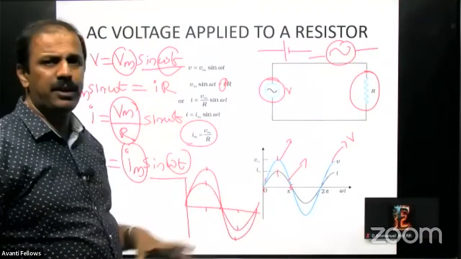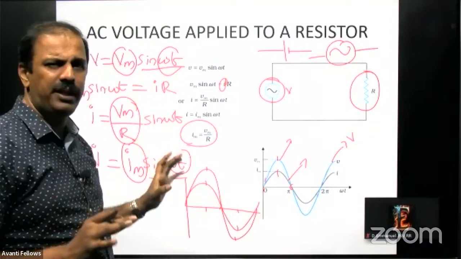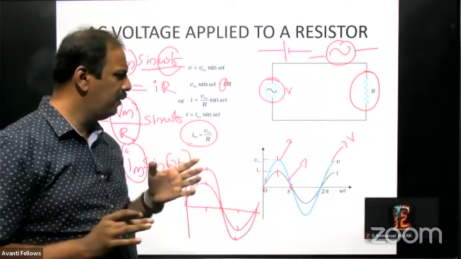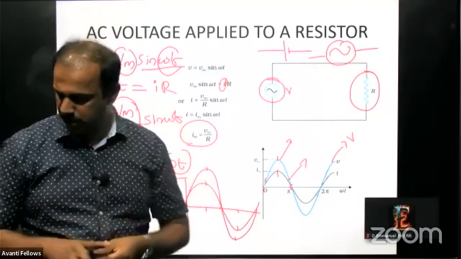So that is in the case of AC voltage applied to the resistor. I think that concept is clear. In a resistor, voltage and current are in phase. There is no phase difference like this. Okay, now